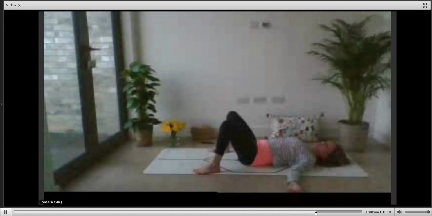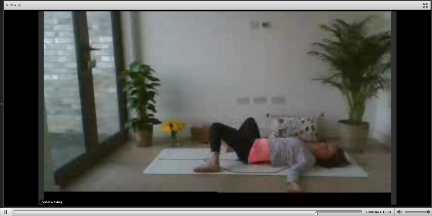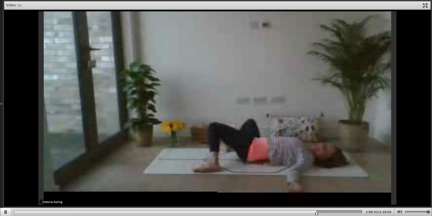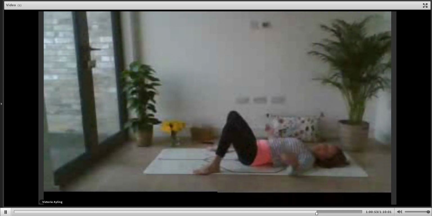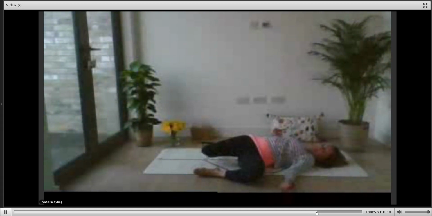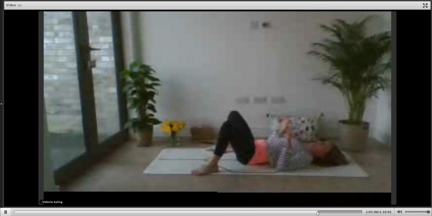So as you breathe out, let the knees drop to the right, so you roll to the edges of the feet. And then inhale, bring the legs back to center. And then exhale, drop the knees to the other side. And inhale to center. So keep going like that. It's a bit like a windscreen wiper action. And again, we just loosen up into the hips.